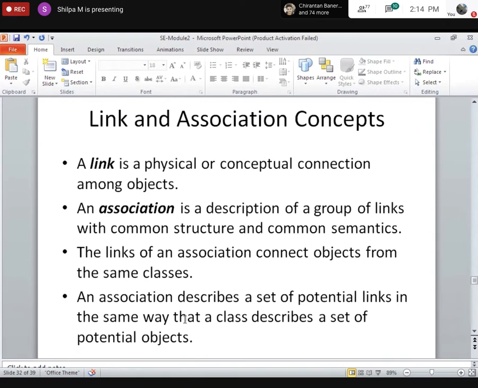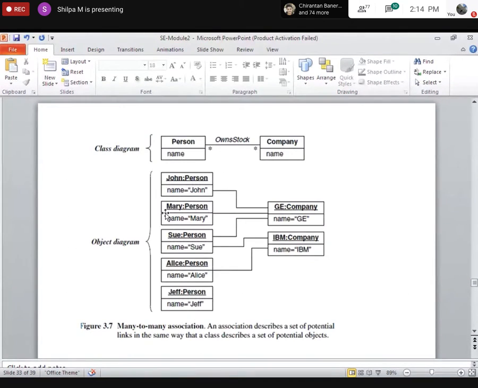Okay. Last class, the example I gave was there is a student class, a student object and a faculty object. I can link the class of the student with the faculty as: a student learns from a faculty.